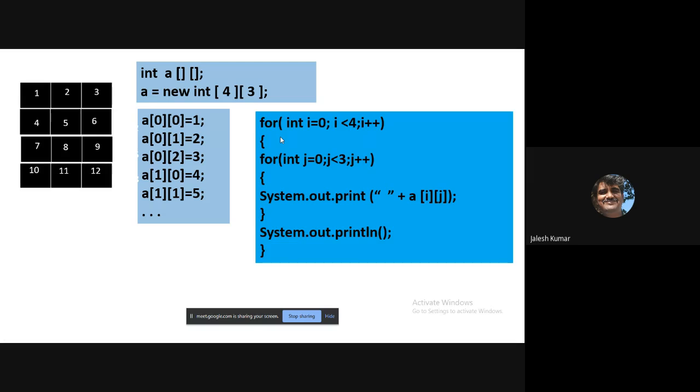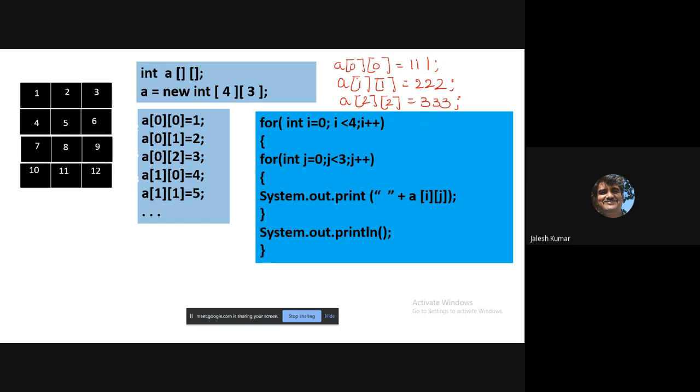But if you observe, in the last class I assigned to a of 0 0 the value 1 1 1, and for a of 1 1 I assigned 2 2 2, and for a of 2 2 I assigned 3 3 3. A semicolon, always remember.